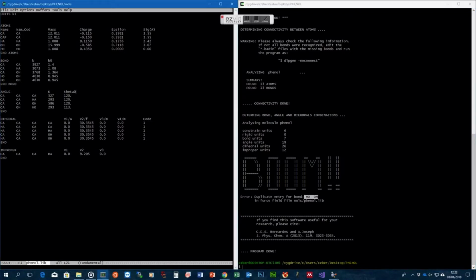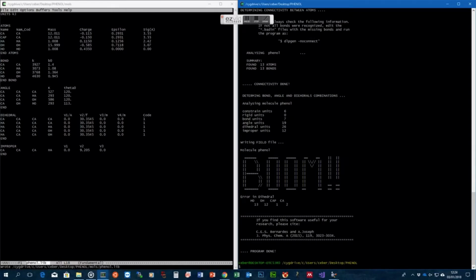So this means that if you repeat any bond, angle, dihedral, improper, atom, if you set it twice to avoid problems of consistency, you will receive a warning saying that you have a duplicate here. So you can eliminate it. Now I just correct this error. I will run the program again, and I receive now an error saying that I